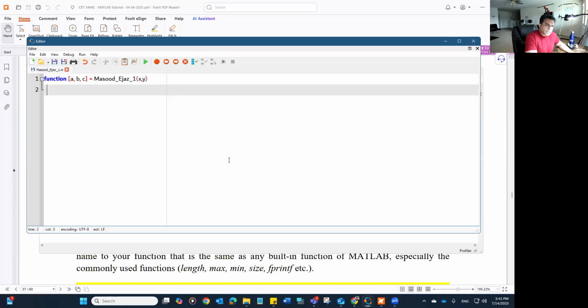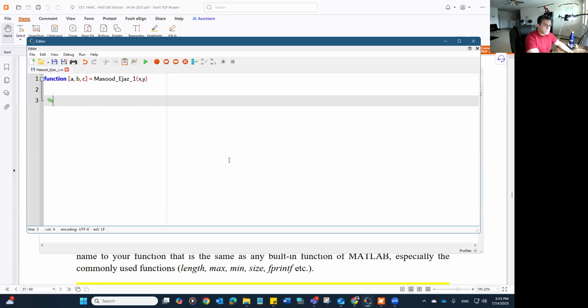All right, let's assume that this function that I'm using is going to take two input variables, x and y, and it will calculate three mathematical functions, or three equations, a, b, and c. And those equations, let's say, can be based on x and y. Now, anything that you are going to write after the first line where the function is, as comments, that becomes